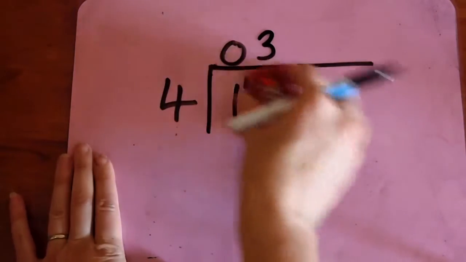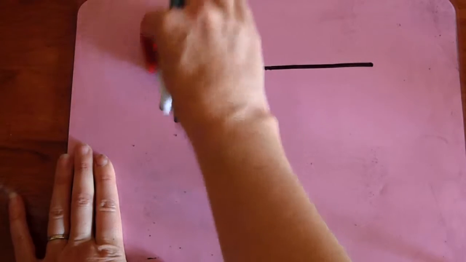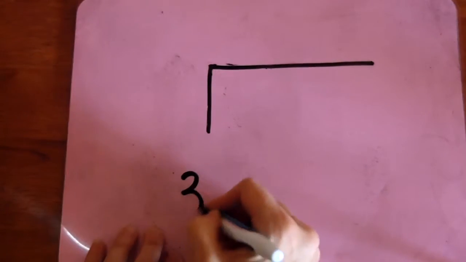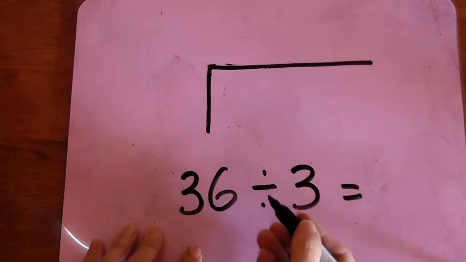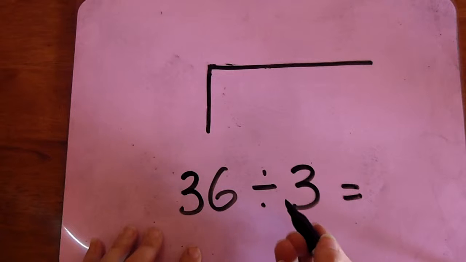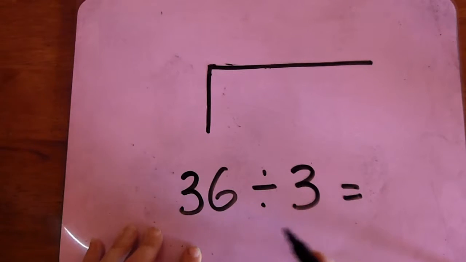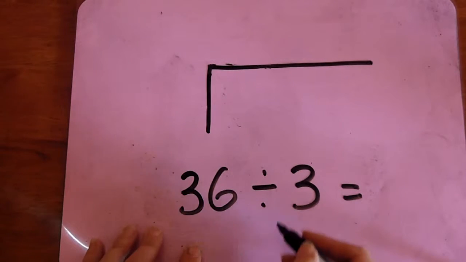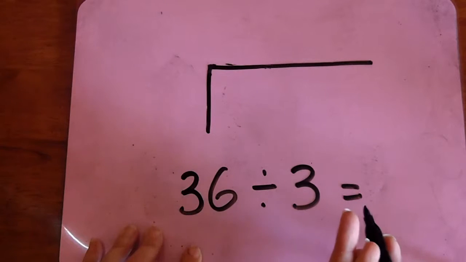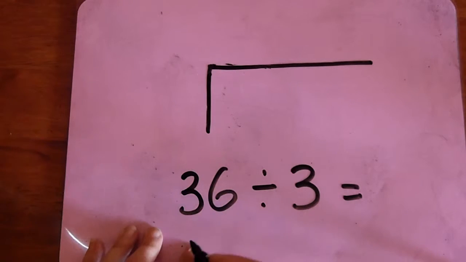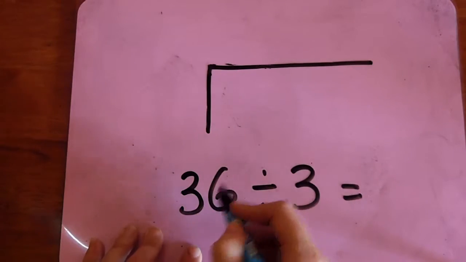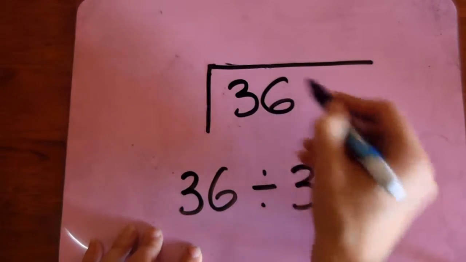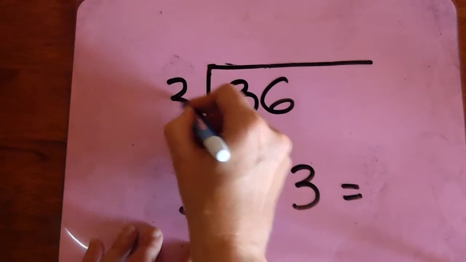Okay, let's try a different one. So we still need that box again, and let's say 36 shared between 3. You can say divide. It really depends on what you understand the most. When I say divide, 36 divided by 3, it's a little harder for me to understand, so I just say 36 shared between 3. So again, I put that first number in the box and the next number outside the